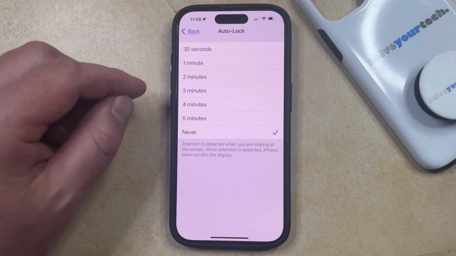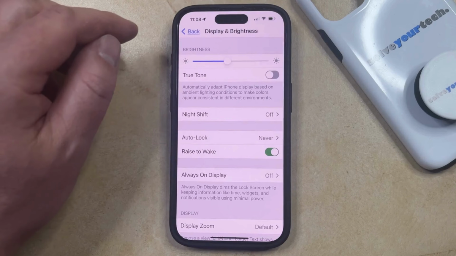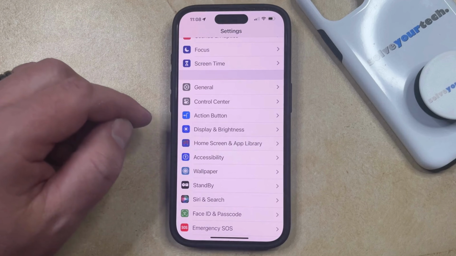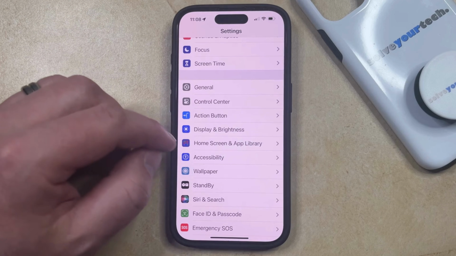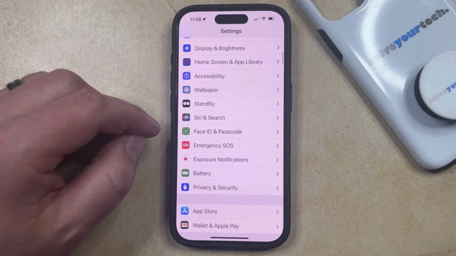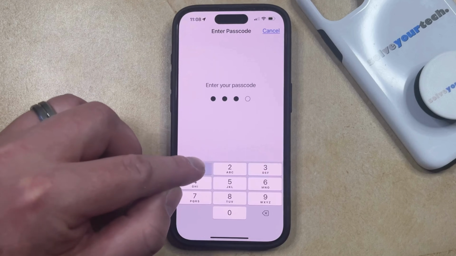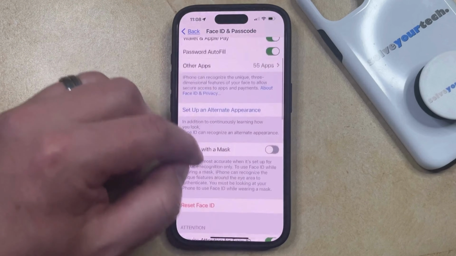There's another setting on your phone that can affect the amount of time that your iPhone waits before it locks itself, and this option is found on the Face ID and Passcode menu. So if you go to the main settings menu, you can find Face ID and Passcode and select that, and then you can enter your current device passcode, and then you're going to scroll down and look for an option